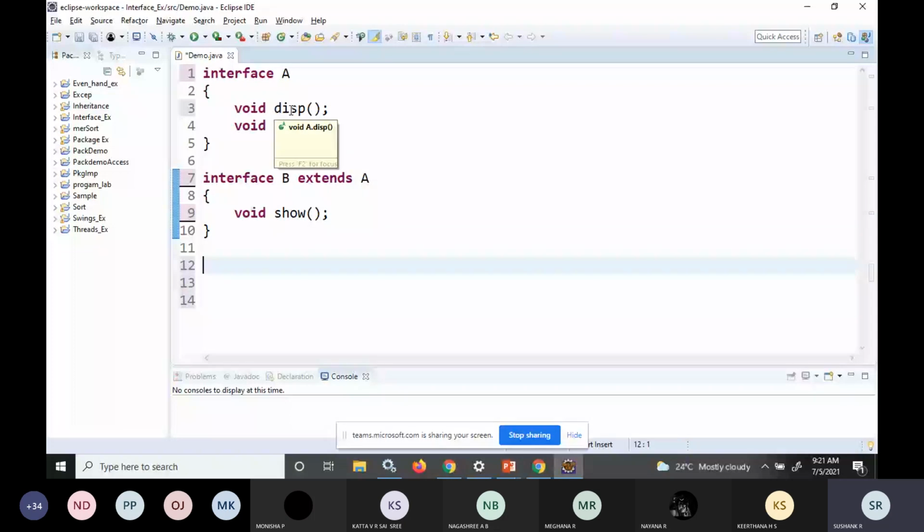I'll write a class called demo. This class demo will make use of interface B. Now class demo has to give the implementation details of three methods.